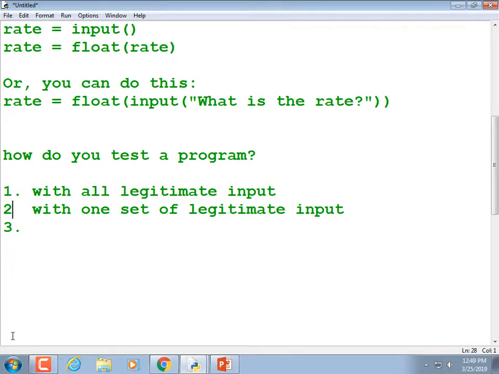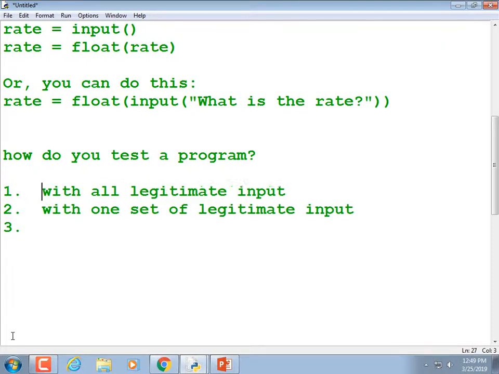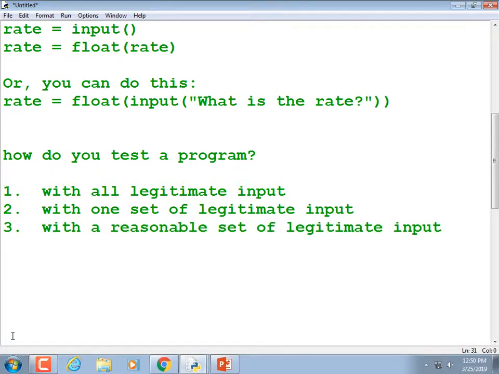And 3, and I have a beef with how this is worded, but it was taken almost word for word out of the C-engage. And then lastly, with a reasonable set of legitimate input. Now, I don't remember it had the word reasonable in it, but the vast majority of people chose all legitimate input.